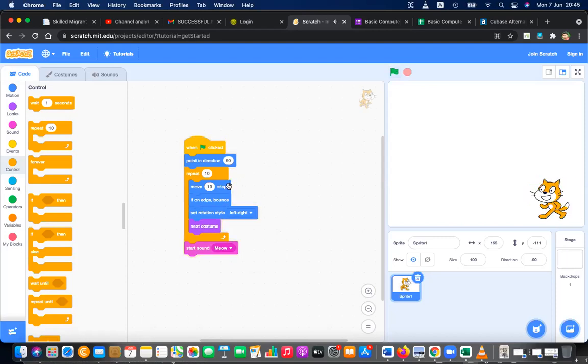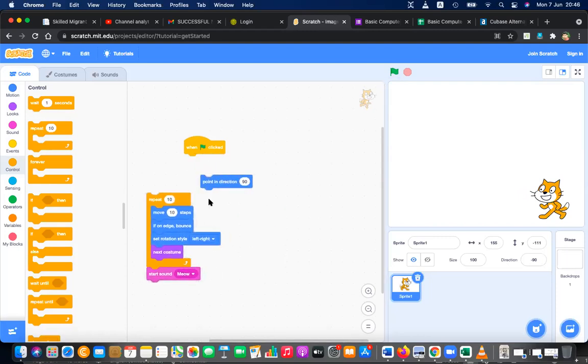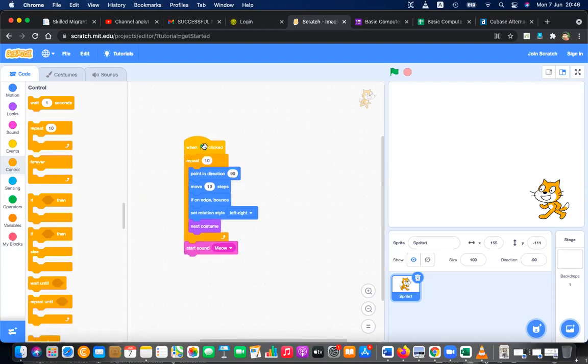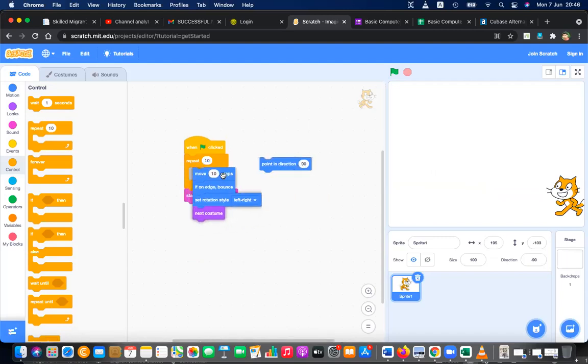Move 10 steps, point in direction 90, move 10 steps. So what's going on? It's not coming back. Are you experiencing the same thing? The reason is this.